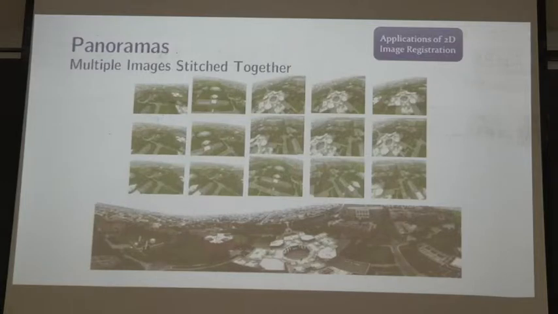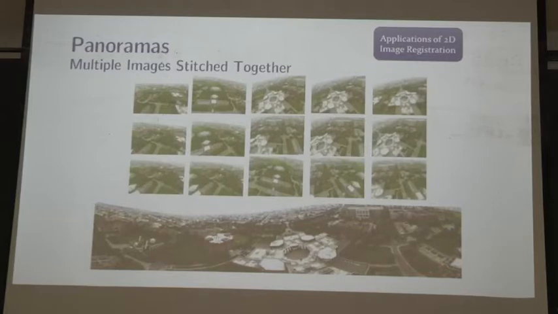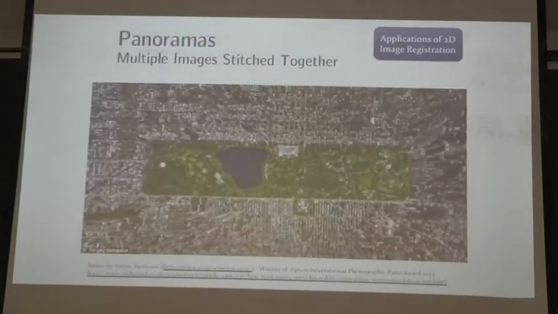You register these images together. The first picture and the second picture have some overlap between them, and in that overlap you figure out exactly what's the transformation that makes them overlap, so that I can transform the second image and put it on the first image, and so it becomes an extended image, and I keep doing that for a number of images, okay? And all this processing is done on the processor of the phone itself.